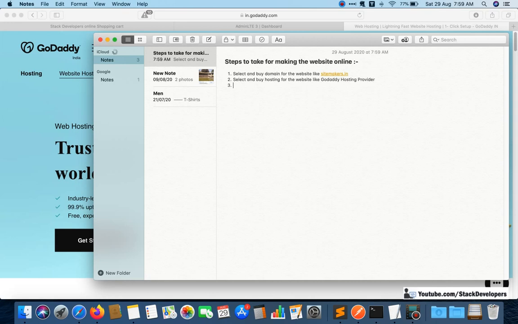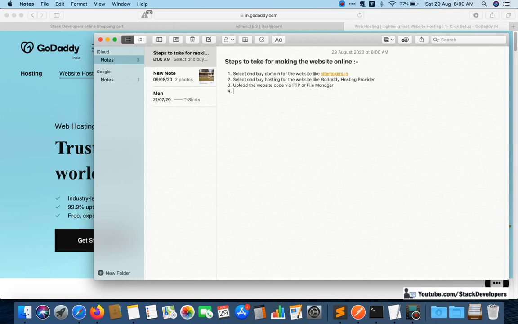And after that, the third step is we are going to upload our website, whatever we have done so far. Third step is uploading the website to the server. Upload the website code via FTP or file manager. Okay, and we will also learn about FTP, how to download FTP, and how to connect with the website. And the fourth step is upload the database of the website.